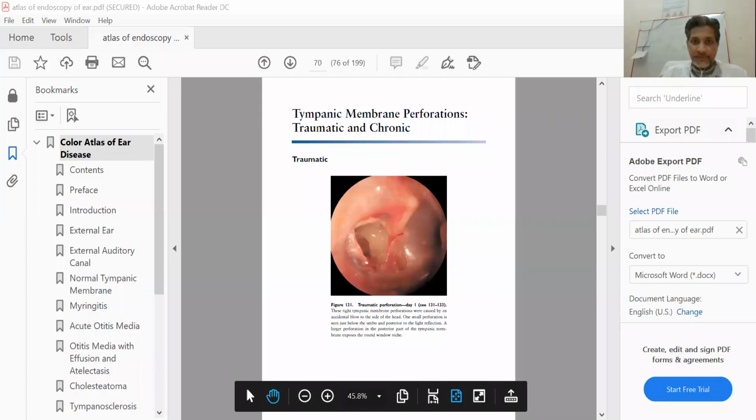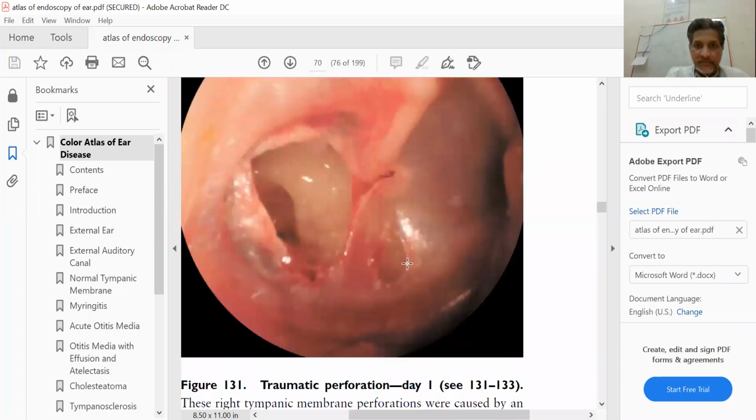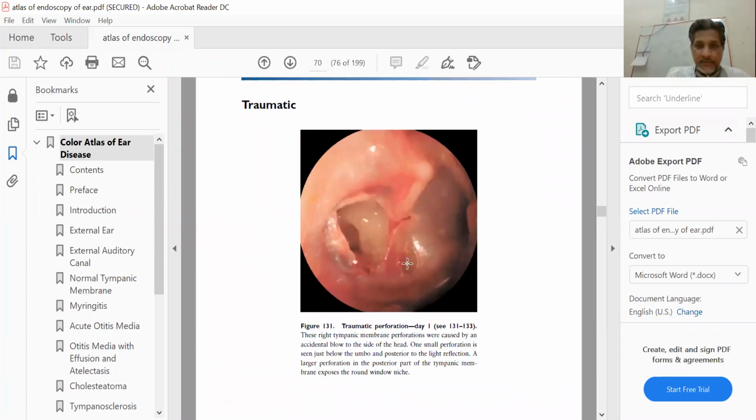Hello friends, in the series of ENT lectures for CBPAC's virtual classes, I am going to present an extension of the topic of our previous lecture, sorry, and we will continue with today's topic named Atlas of the Tympanic Membrane Perforations. So this particular topic, let me slightly expand it in order to have a better visualization.